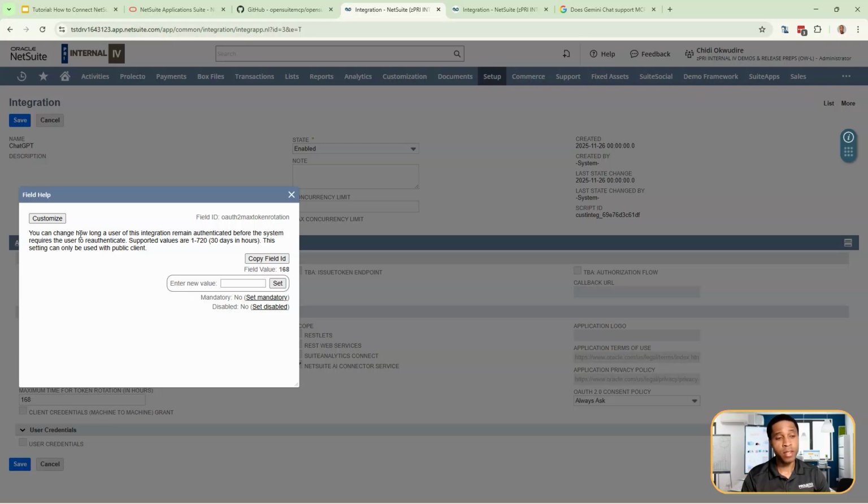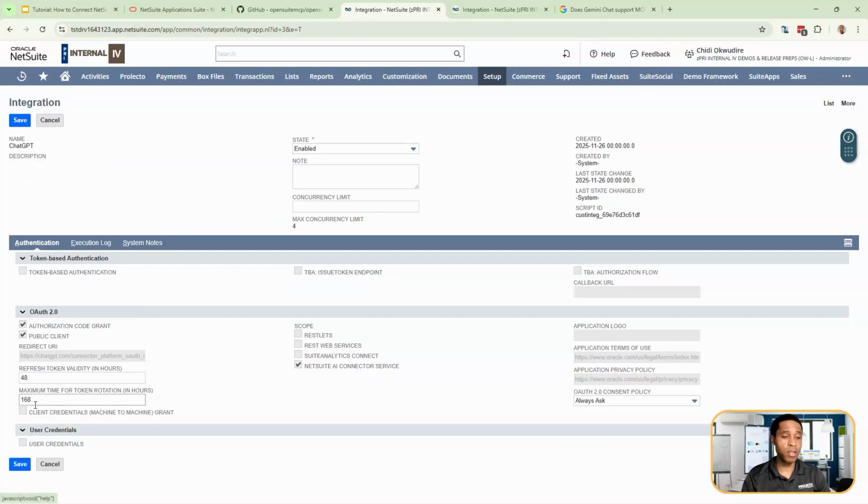As the help says, this determines how long a user remains authenticated before the system requires them to re-authenticate. It can go up to 30 days, but as you can see, it's set to 168 hours, which is 7 days. So that means if you leave it the way it is, after 7 days, regardless of how often you're